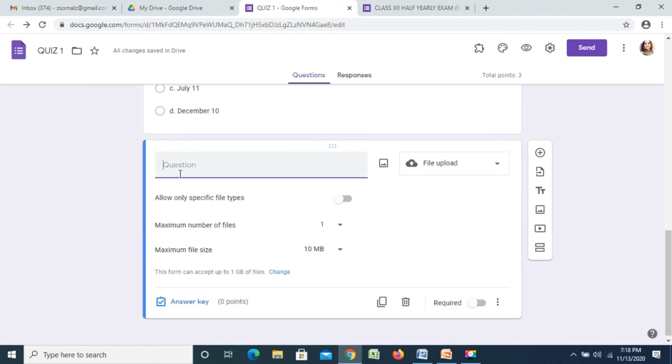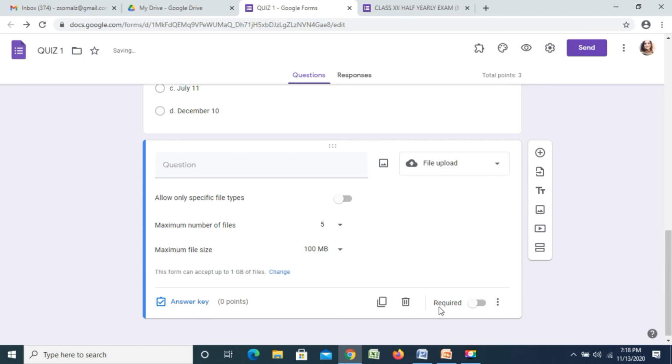Now let us assume in this question the student has to upload a file. Allow only specific file types, let it be turned off so that the student can upload any kind of file, maybe PDF, maybe images in JPG or PNG format. Maximum number of files, you can make it 5. Maximum file size, you can give it 100.